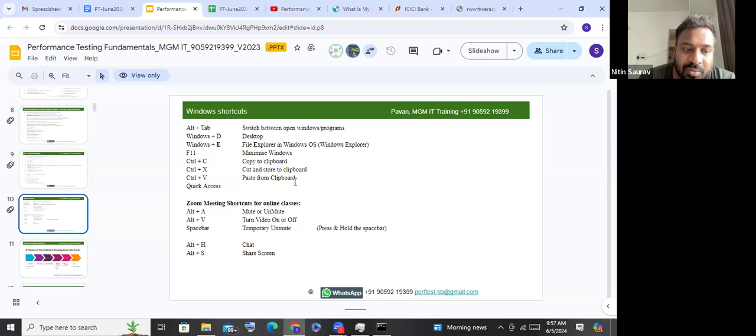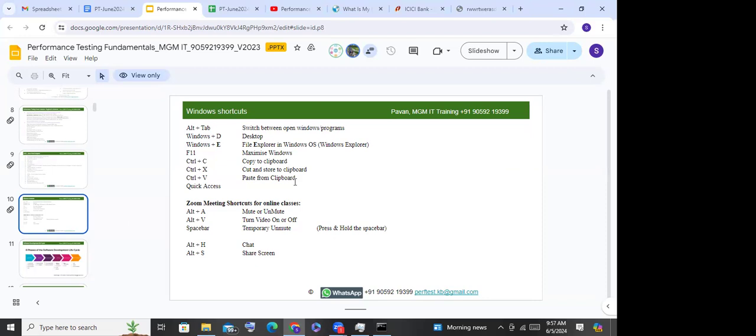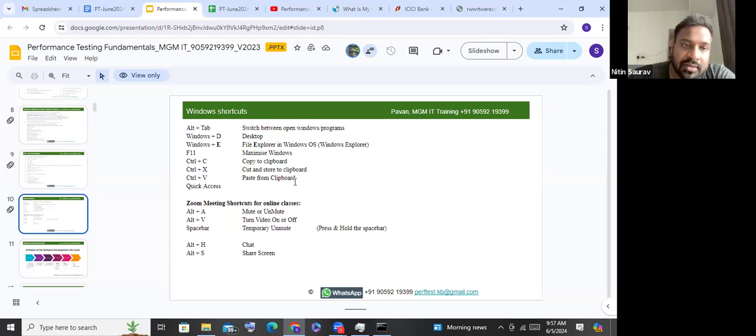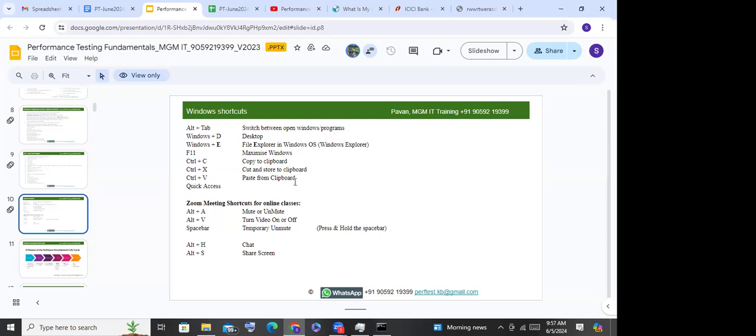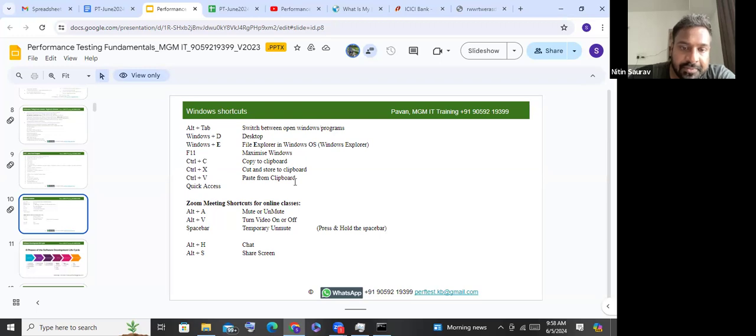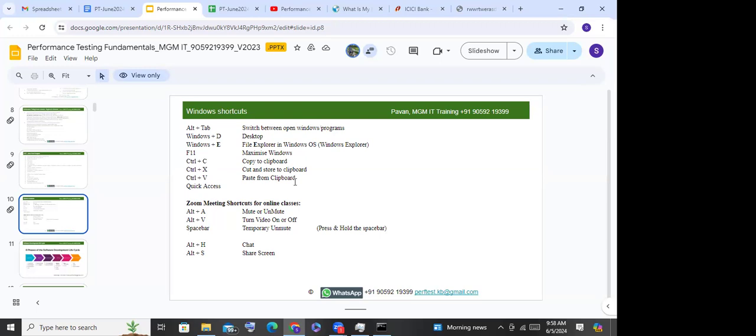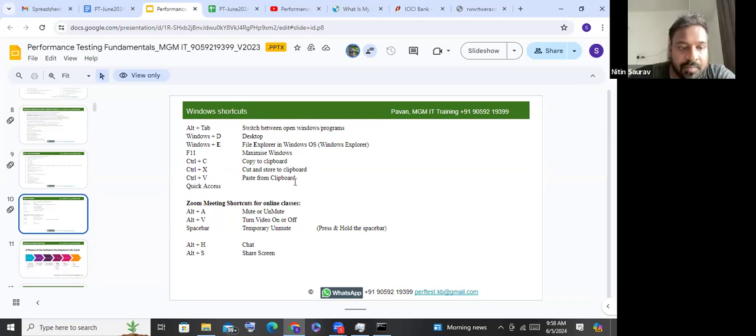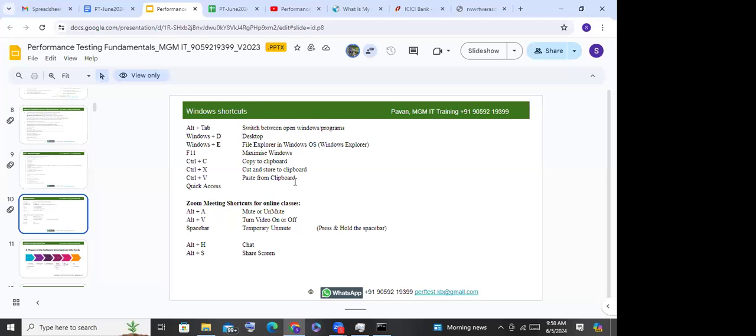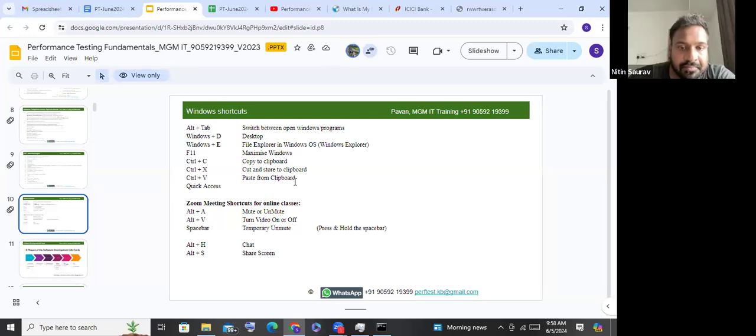Can you explain one more time for port number? Yes. So what is port number? Port number is something like, let's think of it like, I'll give you a simple example. Let's think of it like you have an apartment. Okay. And in the apartment, there are several flats. Right. So in each flat, there would be different people residing. Now, if you want to contact Shyam, you have to go to flat number 301. If you want to contact Nitin, you have to go to flat number 502. Right. Now,